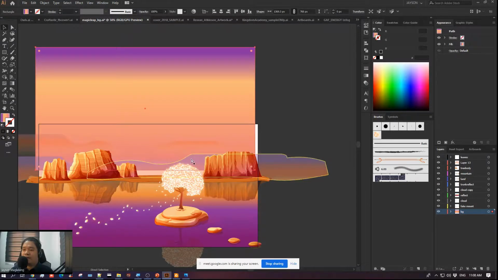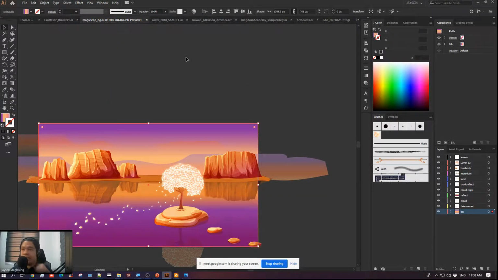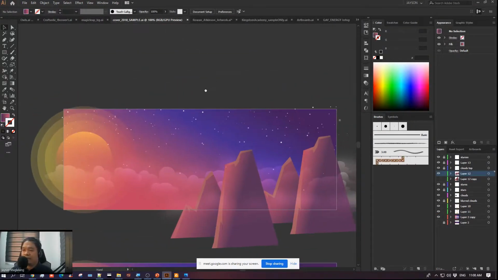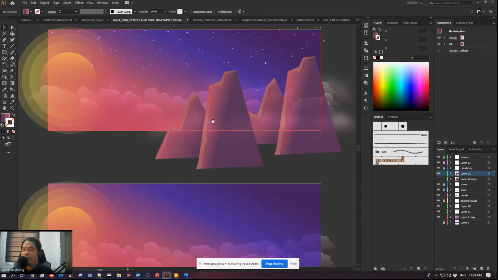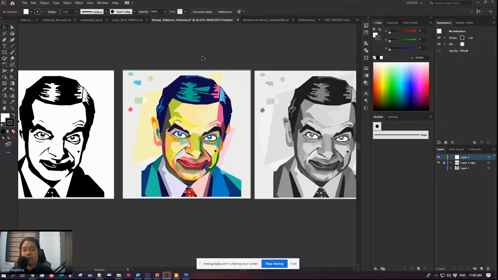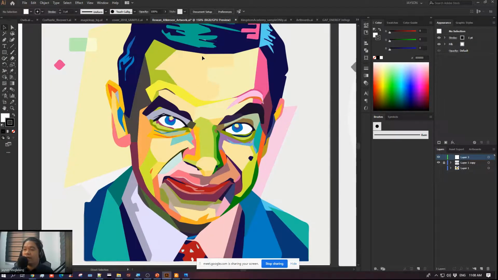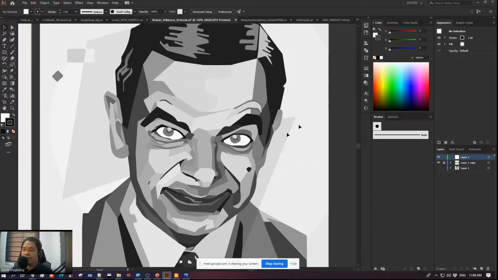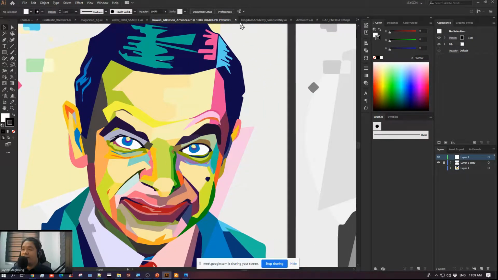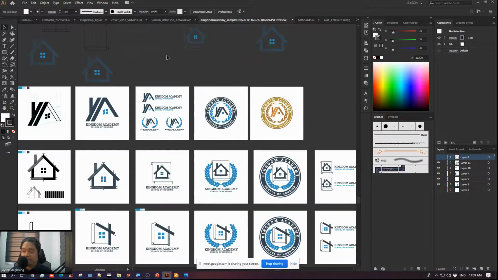So from that, we added a background color like that. We'll be talking about gradient in different ways, and then of course multiple artboards. How do we duplicate the artboards that we are working around. Of course, we'll then be discussing recoloring artwork. Like in my example, I have this original color, and then I can recolor it like this. I can make it grayscale. So like the example I showed you before, I have created this vector that you can also make,